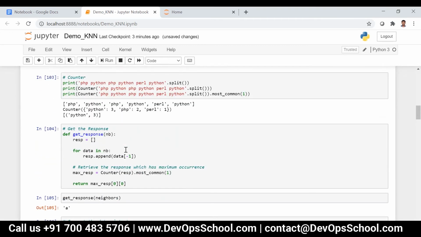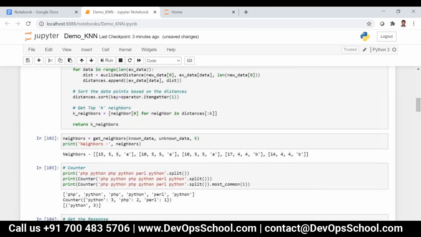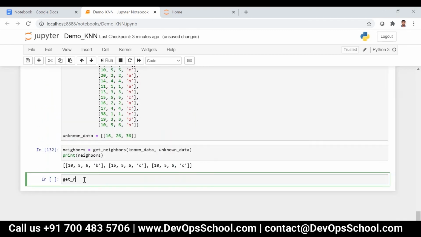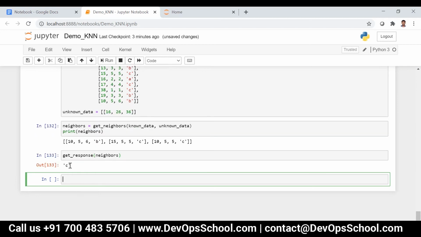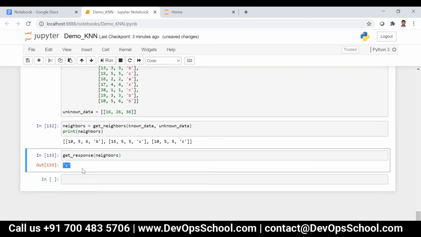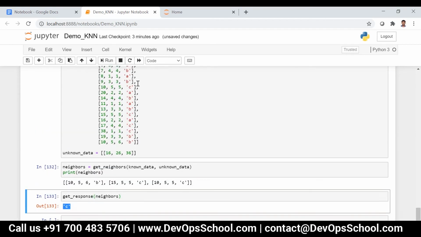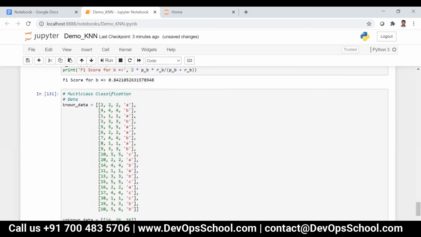Now if I say get response of neighbors, I should get C as the output. Now you can see C as the output. So now I have multi-class, that is, 3 different labels.